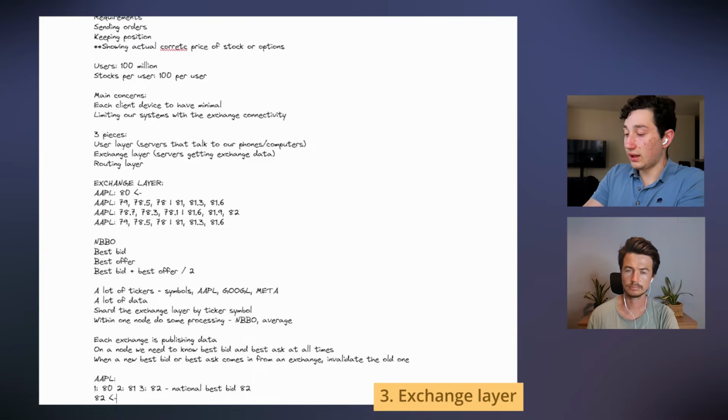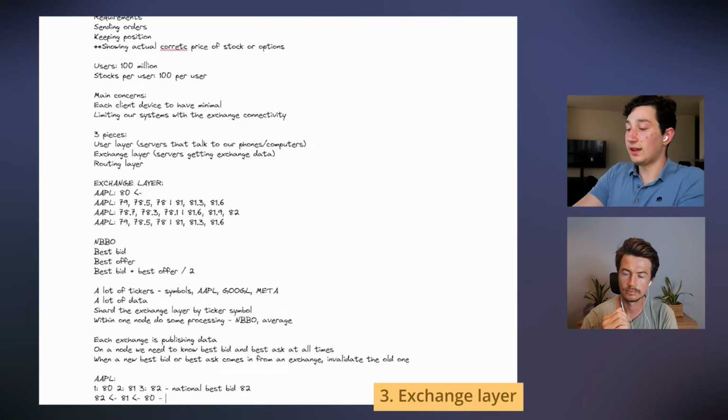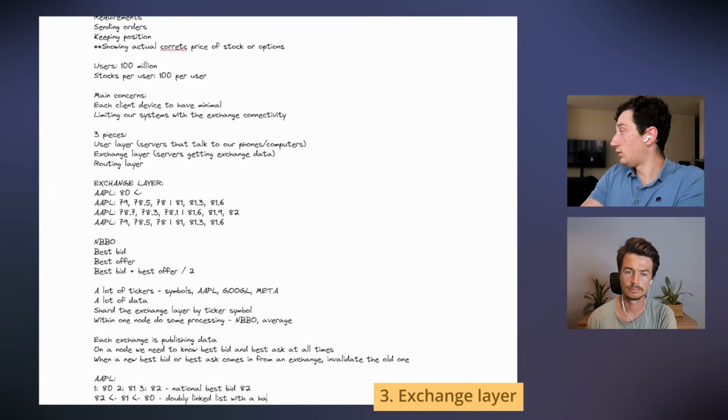So shoot, I can't draw. It would be great if I had my iPad. Alas, I don't. So we make a linked list. The nice thing is that if we ever need to quickly compute the highest value, we'll make sure our linked list stays sorted so that 82 is always at the top. However, for our linked list to stay sorted, we need to be pretty smart about how we organize things. So I would like to do a doubly linked list with a hash